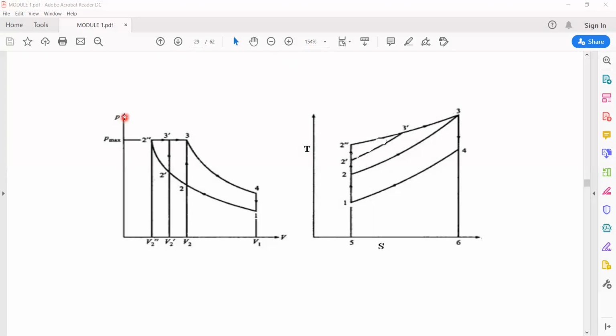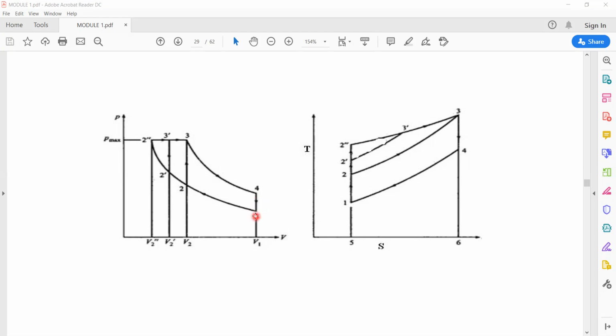About the y-axis, the pressure P, and about the x-axis, the volume V. Okay. Now, what is our condition? The condition is that the pressure should remain same. The pressure for auto, diesel, and dual, that should be same. Now, first, let us draw the cycle 1, 2 double dash, 3, 4, 1.